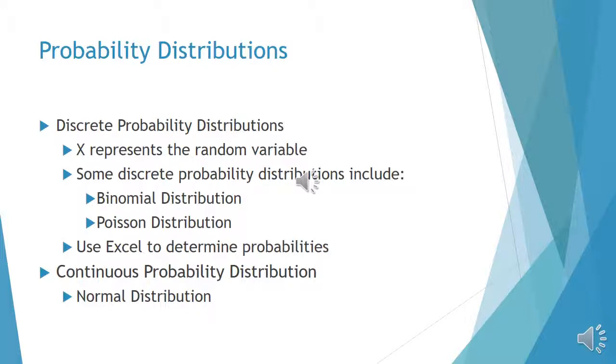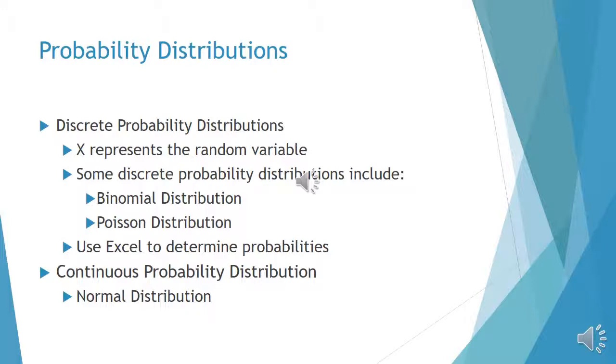The other distribution that we look at as far as discrete probability distributions is the Poisson distribution. We use the Poisson distribution when we're interested in the number of occurrences in an interval of time or space. So how many cars will arrive at the drive-through in the next 30 minutes? Or how many ambulances arrive at the hospital in a 5-hour period? We'll spend a little bit of time looking at the Poisson distribution, and we'll use Excel to determine those